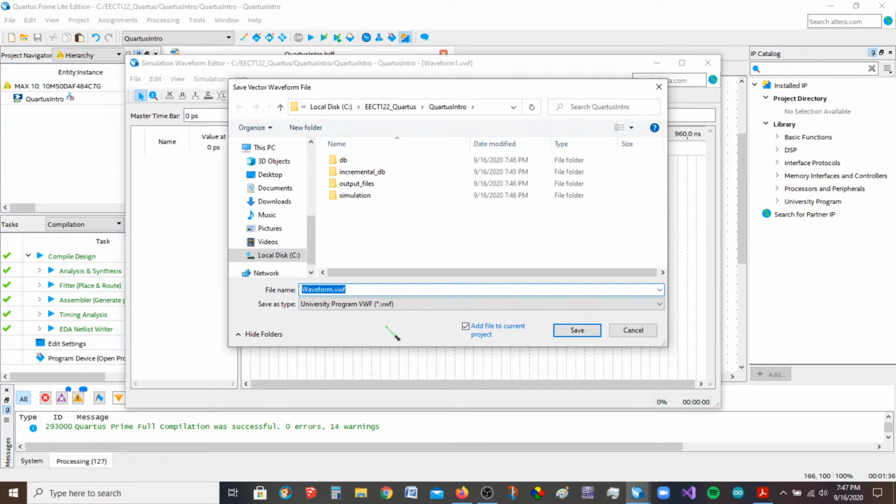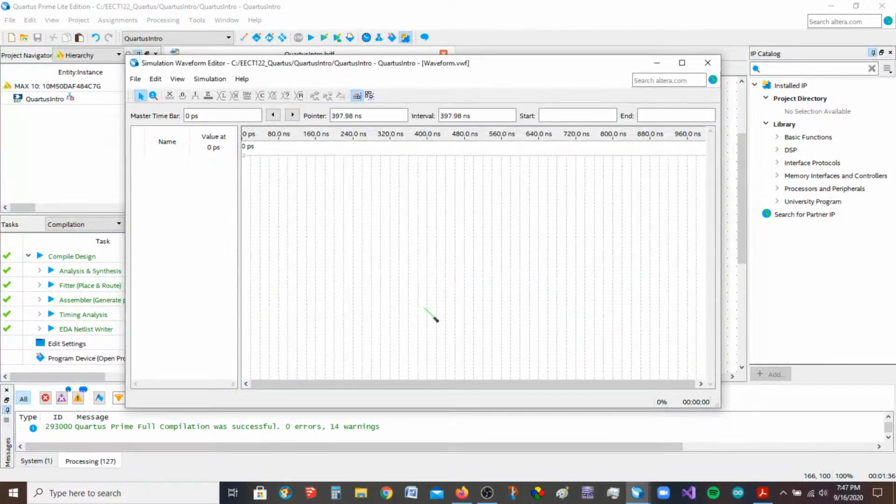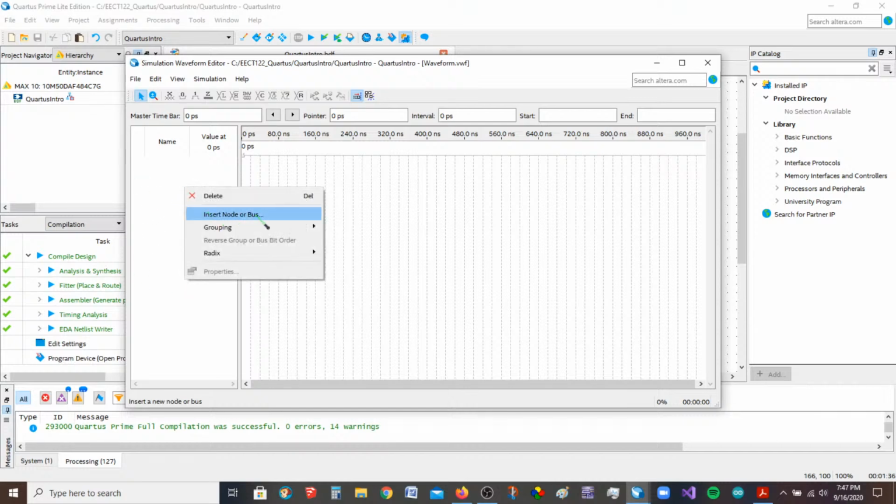So just leave it alone and let it be called capital waveform.vwf. That was another error that I kept having. So leave that alone. I'm going to click Save. All right. So now over here, you want to right-click anywhere in the white, and you want to say Insert